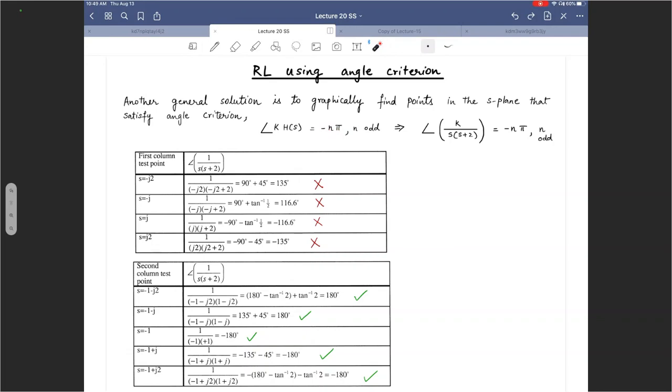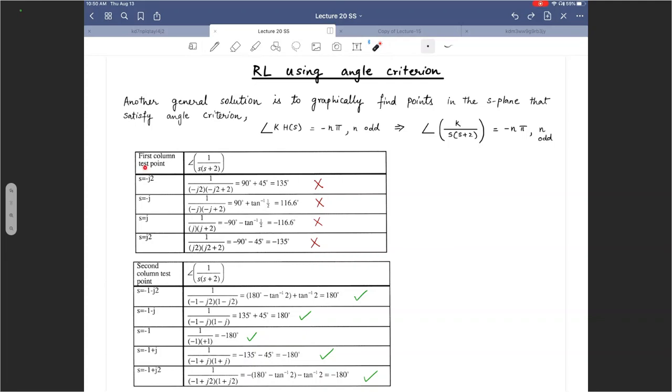For this example, we had h of s as 1 divided by s times s plus 2, right? One pole at 0, one pole at -2. Now, if we evaluate the angle criteria, it should be the angle of k times h of s equals -n pi, where n is an odd integer. So let's try to evaluate that angle criteria